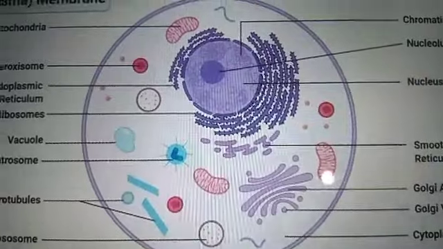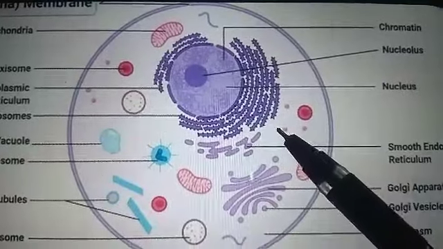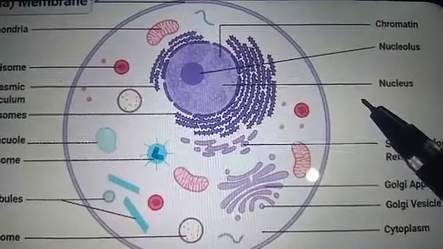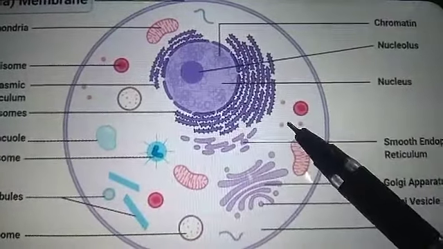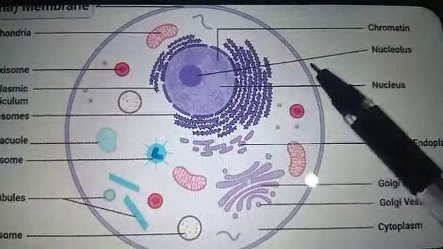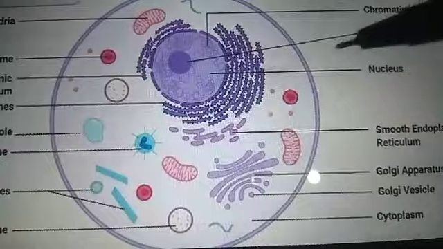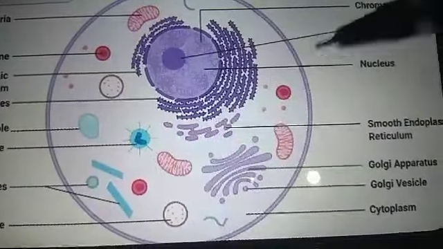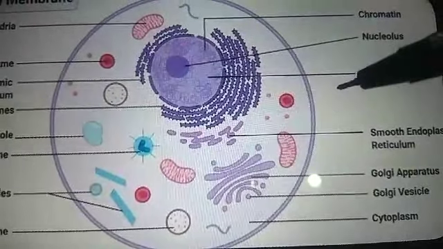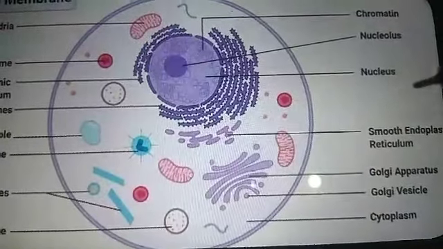Let us understand it more. Here is the plasma membrane, here is the internal environment of the cell, and here is the external environment of the cell. If anything comes into the cell, it will come through the plasma membrane only. And if any substance moves out from the cell, it will also go through the plasma membrane. So the plasma membrane is the structure that allows the entry of some material into the cell, and it also allows the exit of some material from the cell.